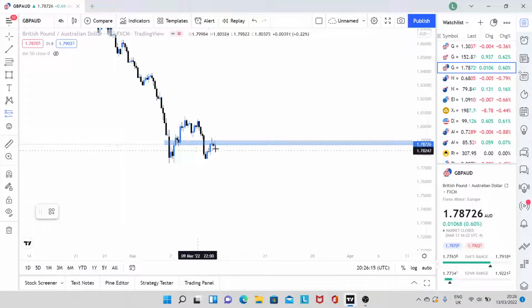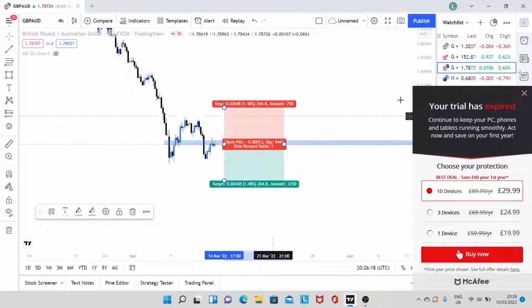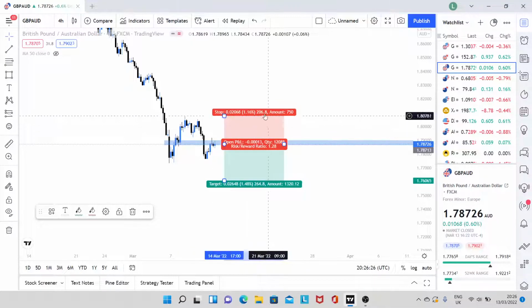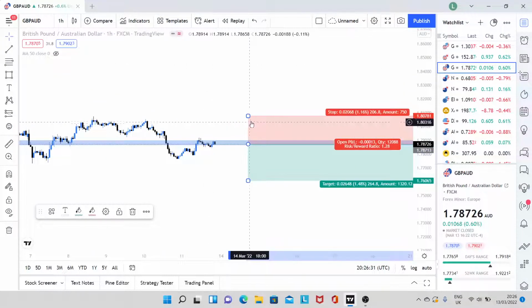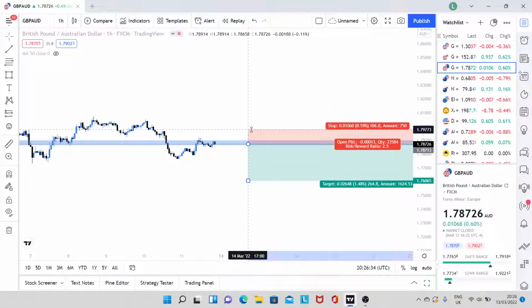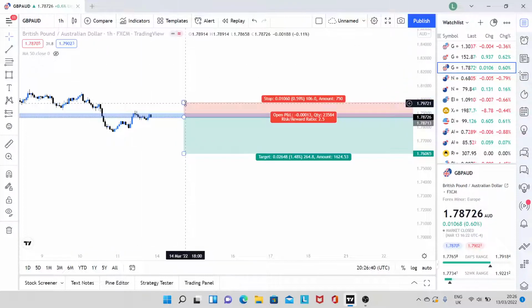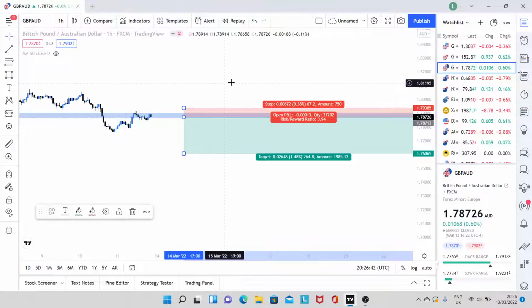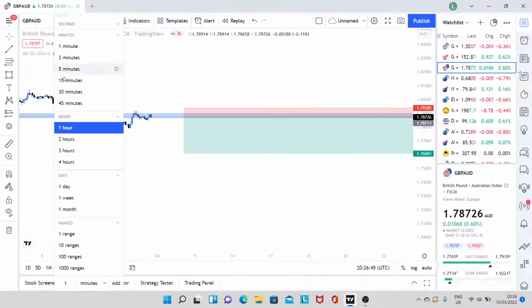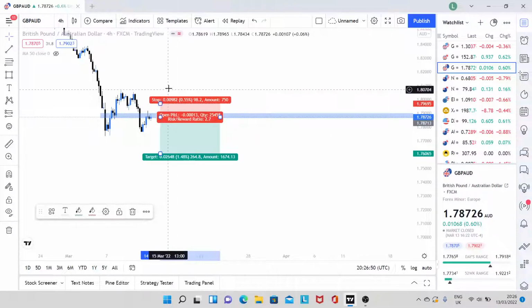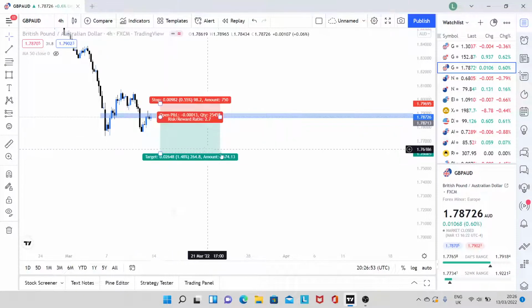A short position. If we did get in here, you could have your stop loss above these highs here, somewhere like that. For me, that's complete overkill. That's a 200 pip stop loss, not something we want to do. So we'll drop down to the 1 hour, and I think somewhere above these previous swing highs, even a 106 pip stop loss is still ridiculous. So we're just going to move it to these highs here. That's a 67 pip stop loss, which is, yeah, quite ridiculous. In fact, we're just going to give it a bit more room to breathe. We're going to have to do a 100 pip stop loss for this, which is ridiculous.